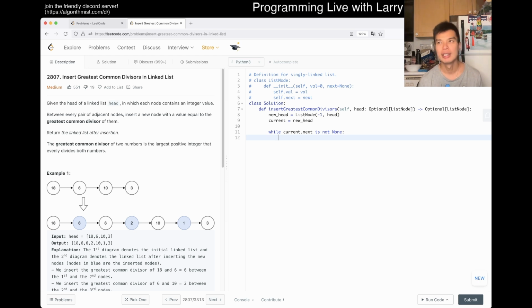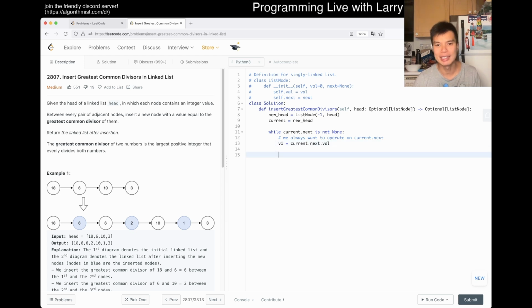But in this one, if you insert, you have to insert, and then you have to be careful about, like, you have to do insertion first, and then maybe move an X amount of things, right? So okay, so here while current.next is none, and we always want to operate on next. So here, maybe I'll make it a little bit more clear by adding comments, is that we always want to operate on current.next. And then so maybe v1 is equal to current.next.value, and then yeah, and maybe in this case,